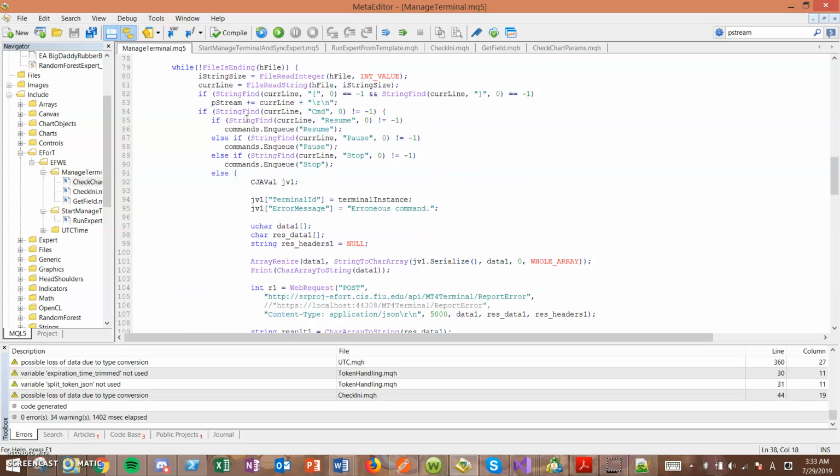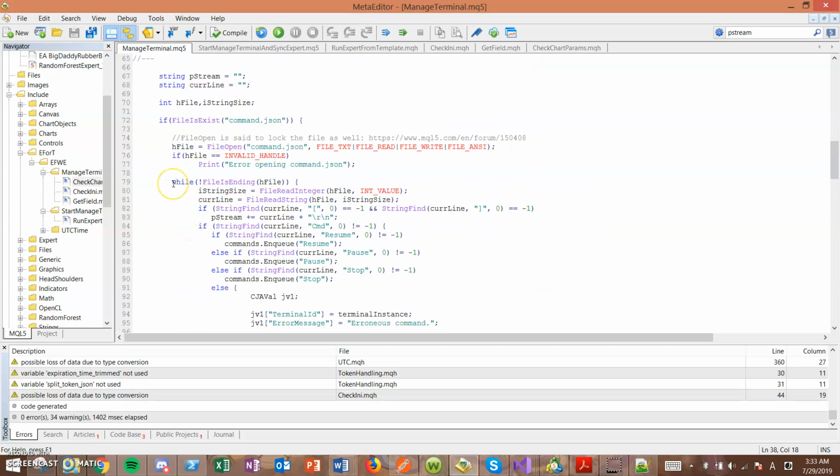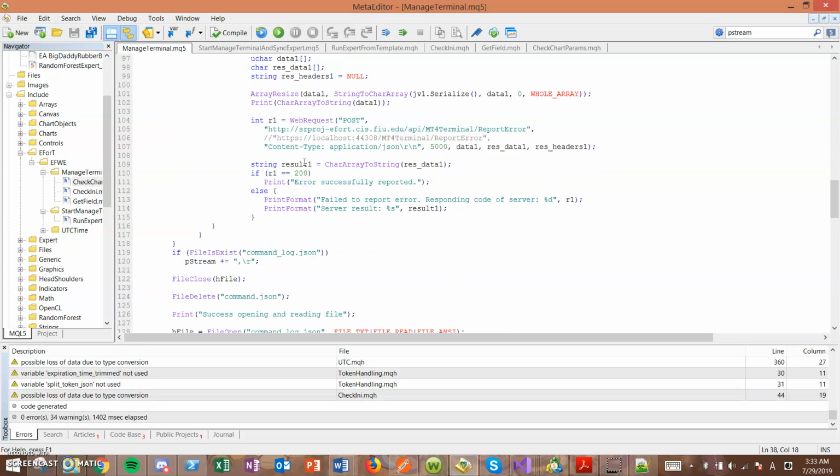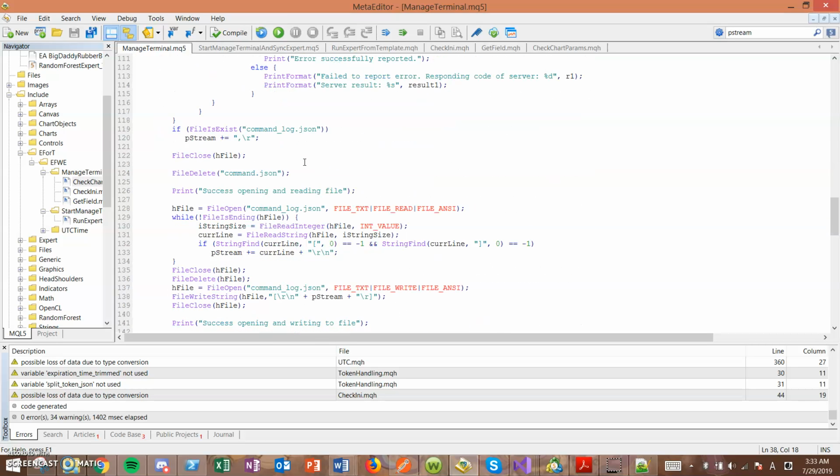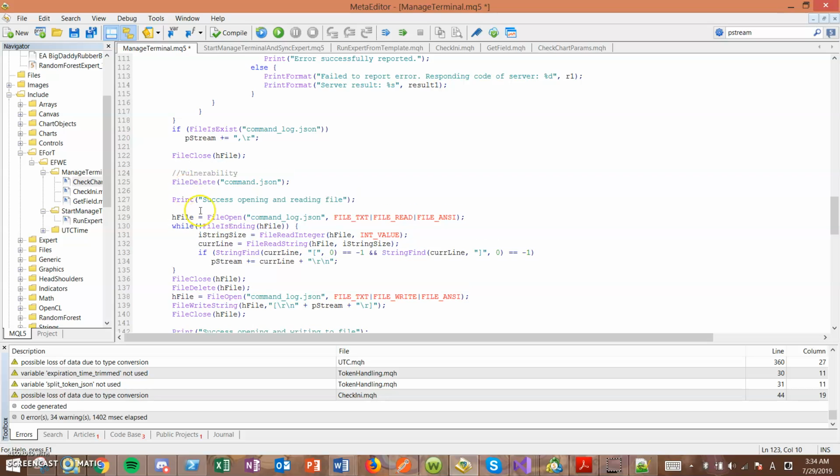So regarding locks, MQL5 automatically locks when we open the file until we close the file. So to be honest, there is some vulnerability upon deleting command JSON over here. So this is probably another shortcoming. I couldn't find a way to lock all of this